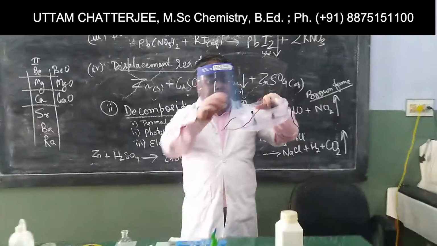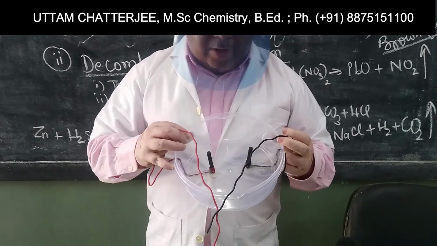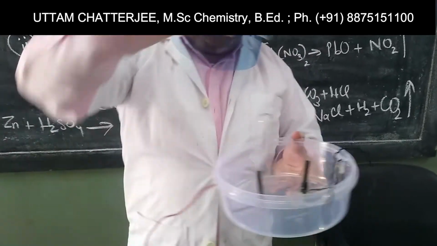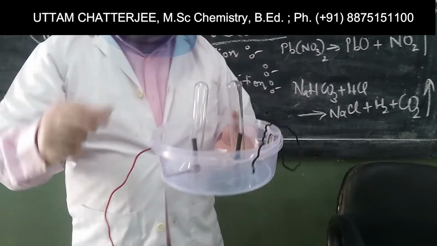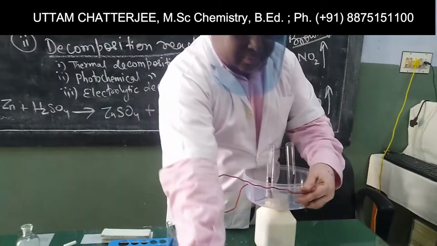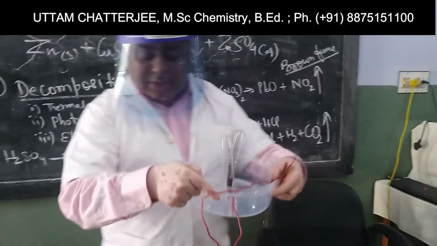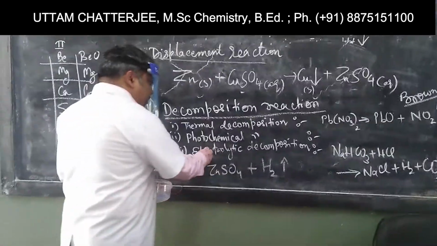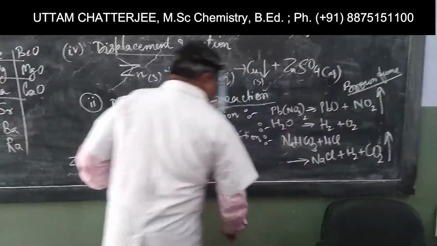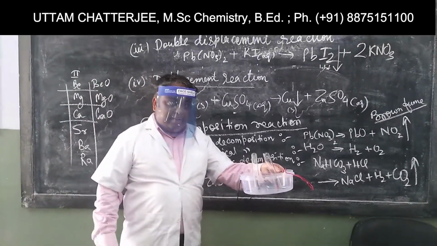This construction is in process, in which we are trying to make a device to find out the conductivity of various solutions, and we will also try to collect hydrogen and oxygen in this by electrolysis of water. We will invert 2 test tubes here and put acidified water in this, and then connect it with a battery. What will happen when current passes through it? Water will undergo electrolytic decomposition, and will form hydrogen and oxygen separately. So this is in construction. In my next video, stay tuned. I will be showing you this experiment very nicely.